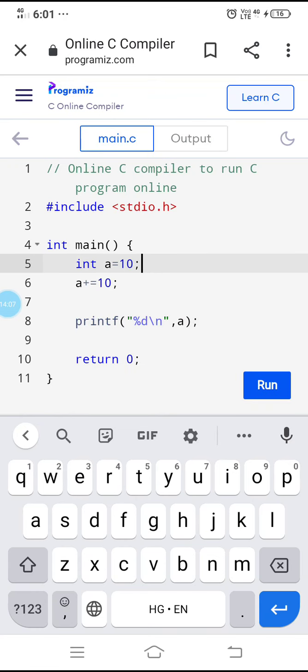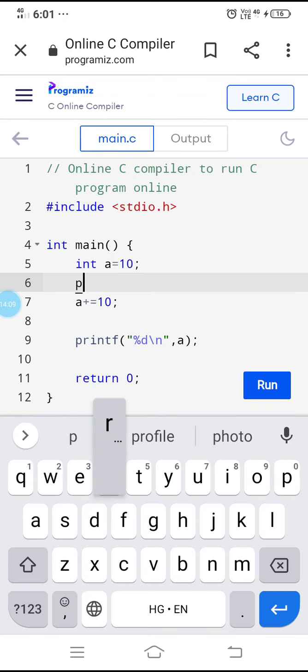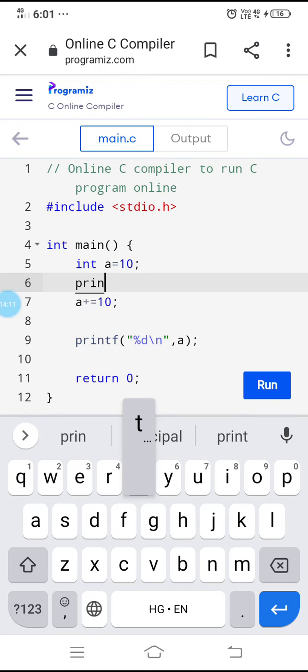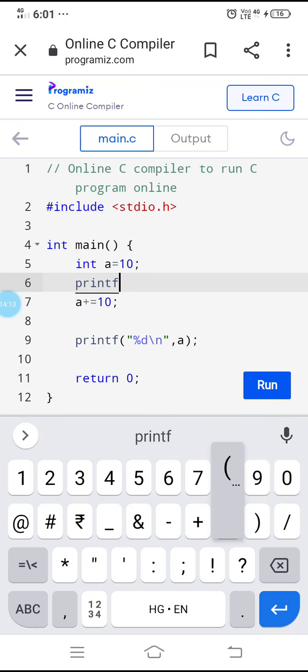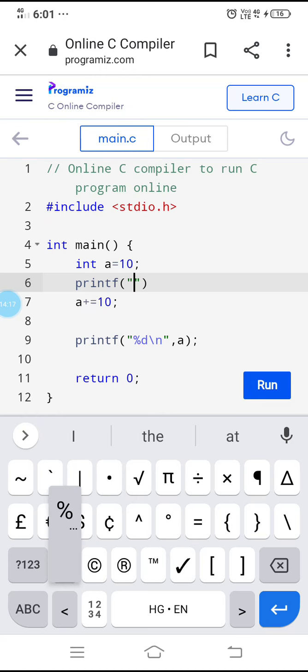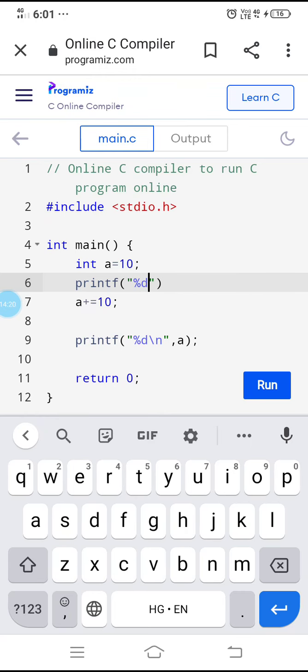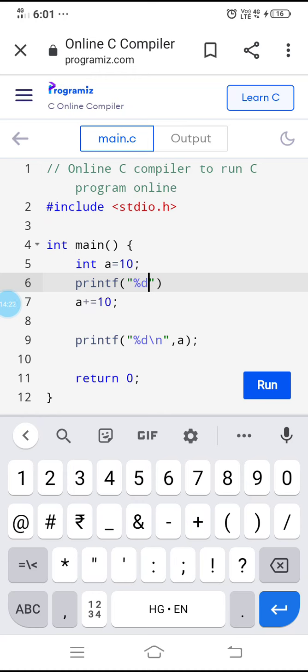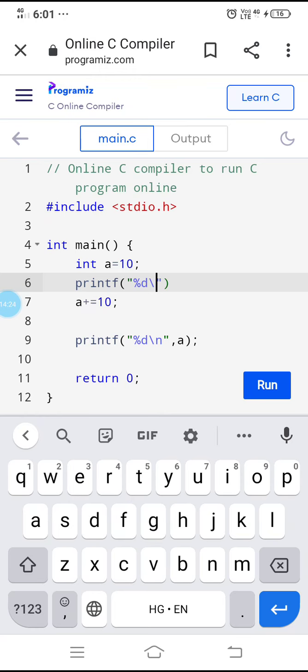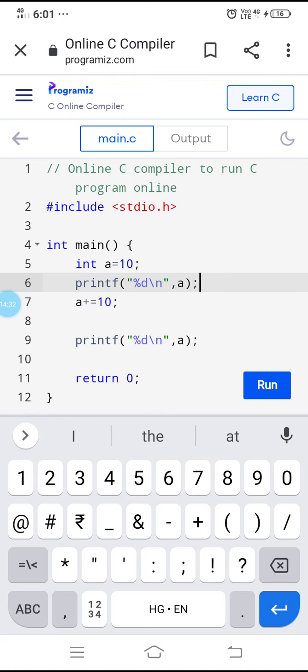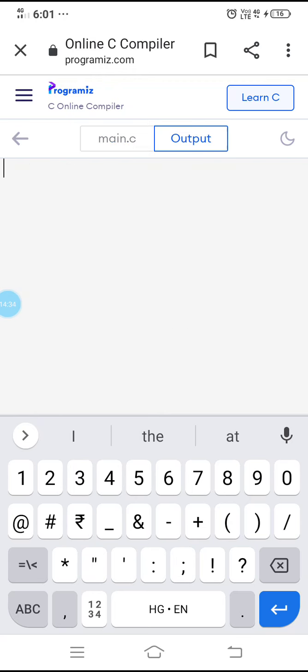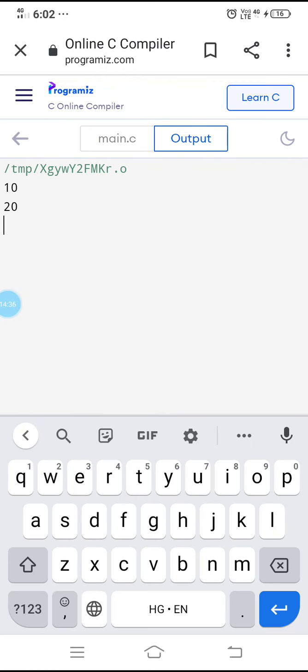If you print the value before incrementing, the value is what? Percent d, backslash n, and comma something like a. Here you are going to print it as 10. Why? Because before incrementing it is 10 only. So run it, you will get 10 and 20.